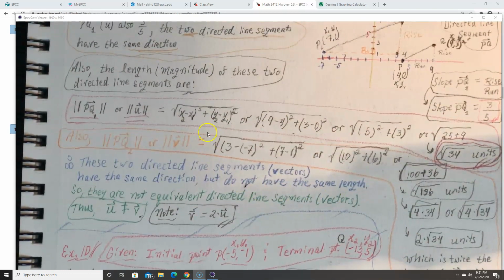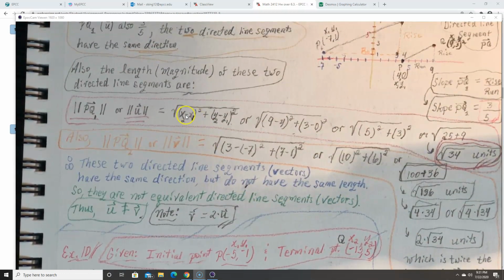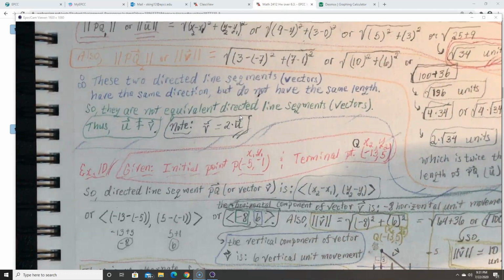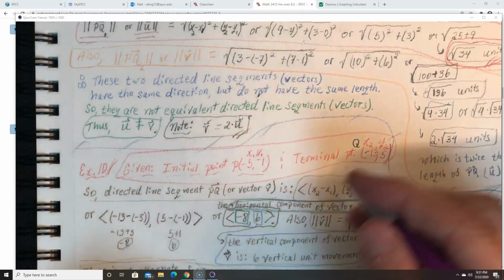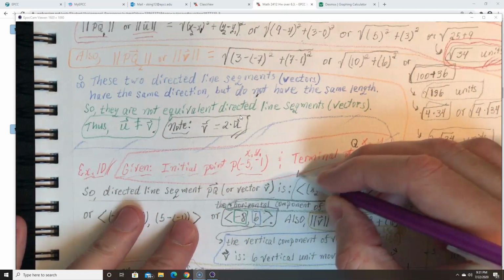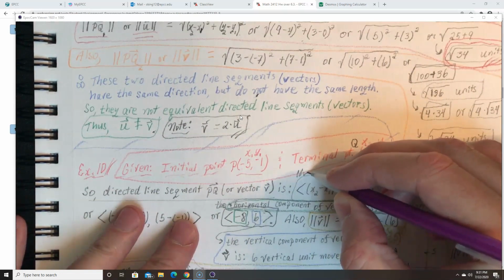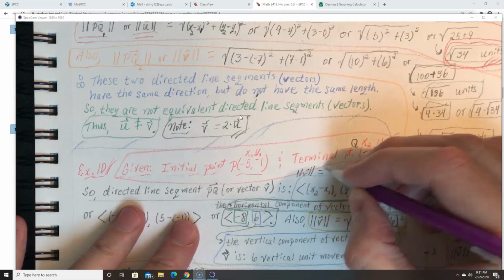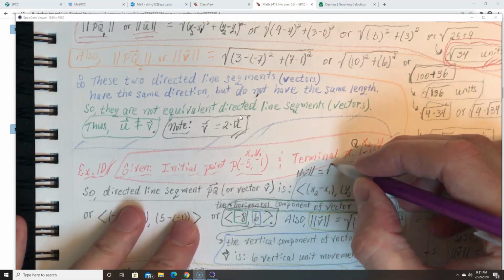So from our formula, the square root of x sub 2 minus x sub 1 squared plus y sub 2 minus y sub 1 squared. So the magnitude of vector v, I just didn't write the first step for some reason. The square root